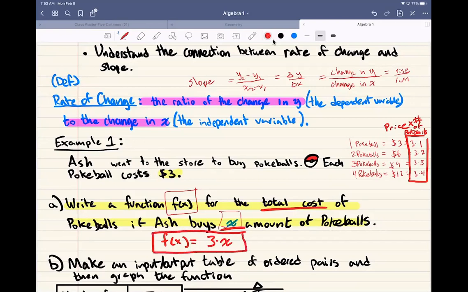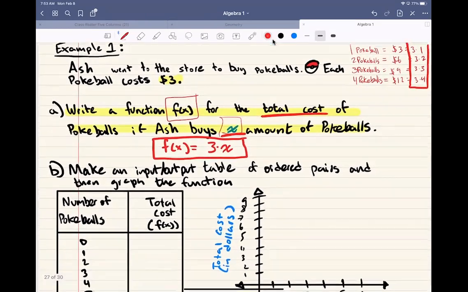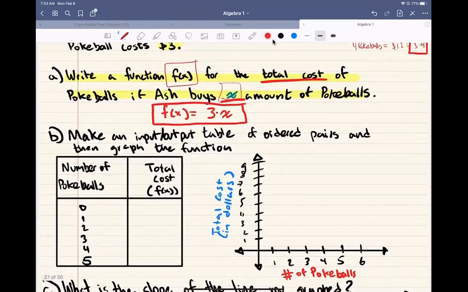All right, it's pretty simple. If you're buying X amount of Pokeballs, the cost is going to be 3 times X, right? So if you buy 4 Pokeballs, it's going to be 3 times 4. If you buy 10 Pokeballs, it's going to be 10 times 3, right? It's all the same. Now the next part of the question says make an input-output table of ordered pairs and